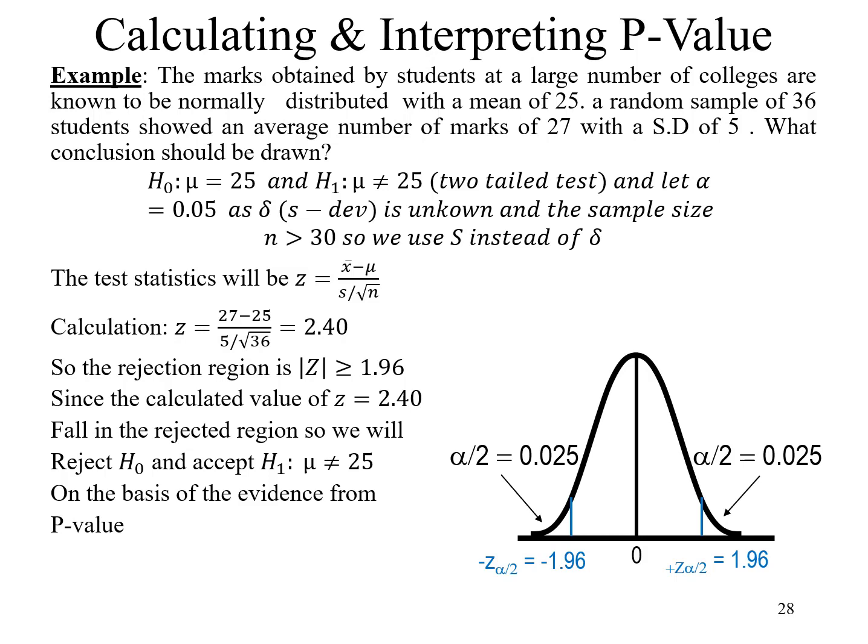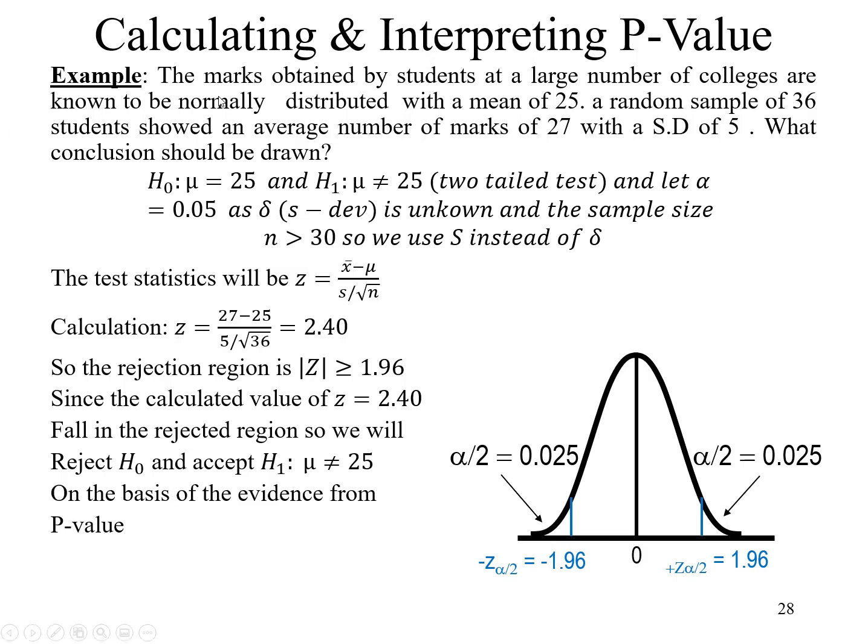Now in this example, I am going to show you how you will calculate this p value, and I will use the Z distribution, which I will discuss in later stages. But in this example, I just want to discuss how you will calculate the p value manually. Normally, you can use SPSS, Minitab, or Excel. They will automatically calculate this p value, and from that p value, you will easily be able to decide whether we need to accept or reject.